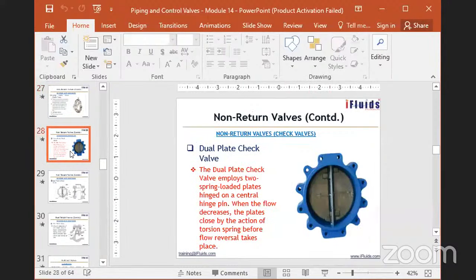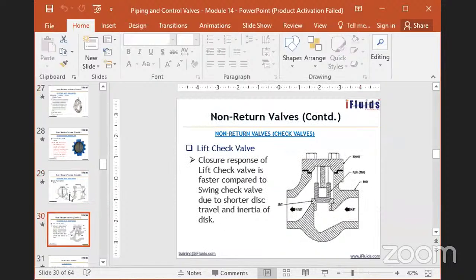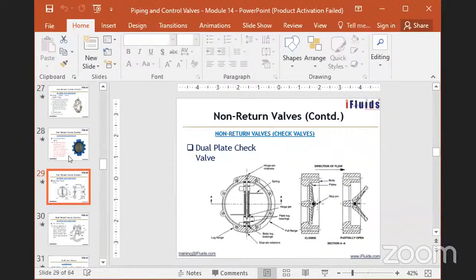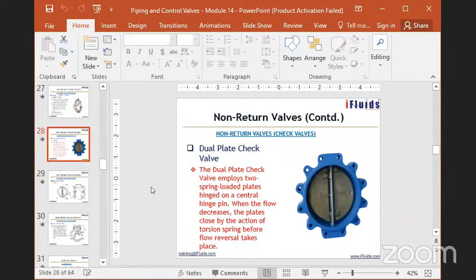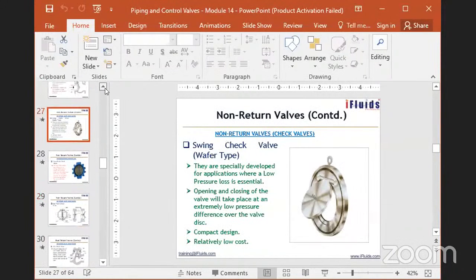The dual check valve is one typical type, and the valve opening can go until it fully closes. The opening can be 0 to 100%. But I don't have any specific application for this. Maybe we have to search what kind of services will require it. And in most cases I can tell you,